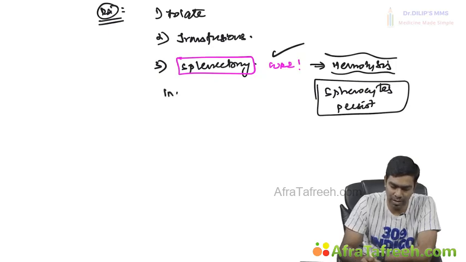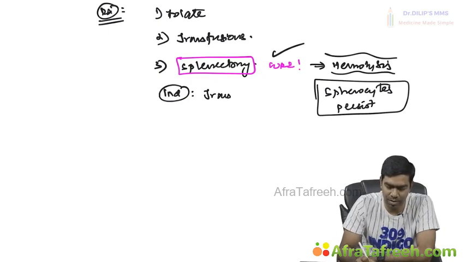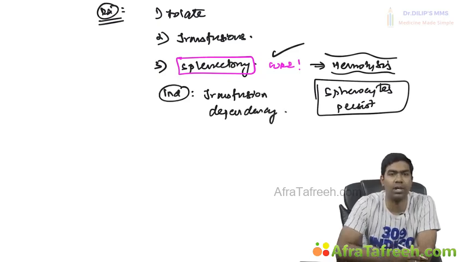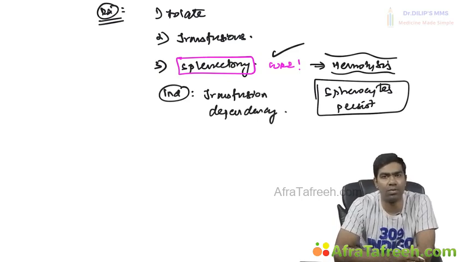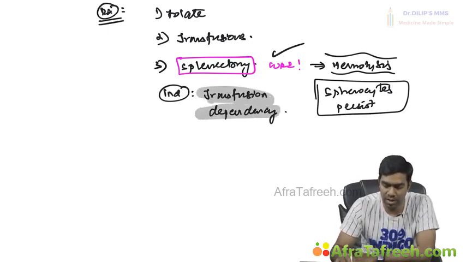So what are the indications? The major indication is transfusion dependency. What do you mean by transfusion dependency? Because of severe anemia, you transfuse the patient with PRBC. Within a few days, weeks or months, the patient comes back with severe anemia because all the RBCs are again gone. So transfusion dependency is the most important indication